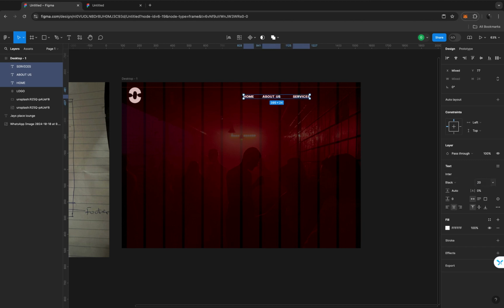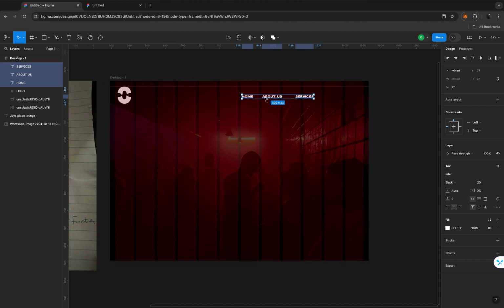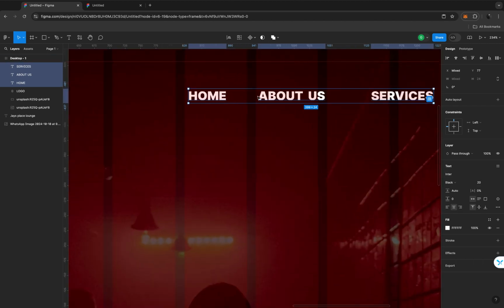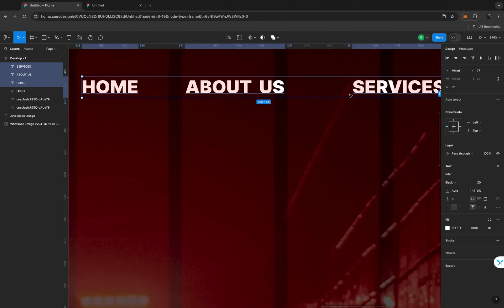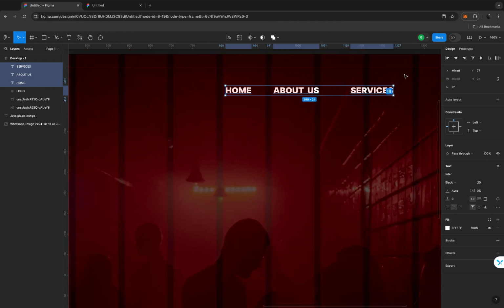Cool. So what will I do now to make sure that they have the same pixel from each other? Pixel means the spacing any object has from the other one. So we want to check the spacing this home has with the about and the services. So that is the pixel. So I'll go over to my design panel, go to my align to here, and tap on distribute